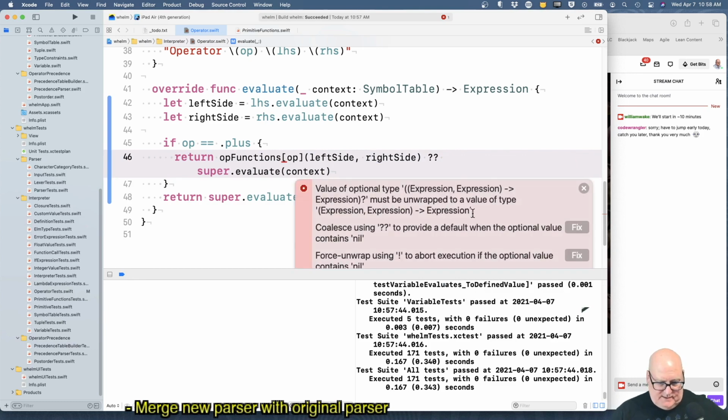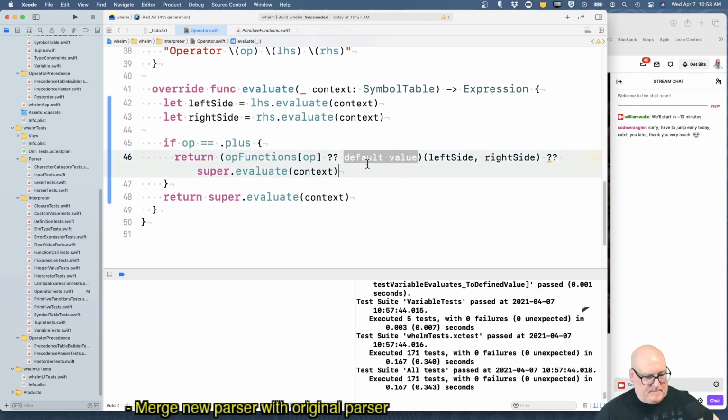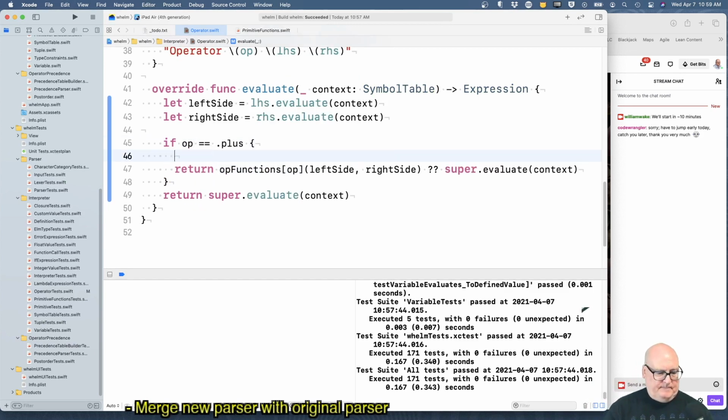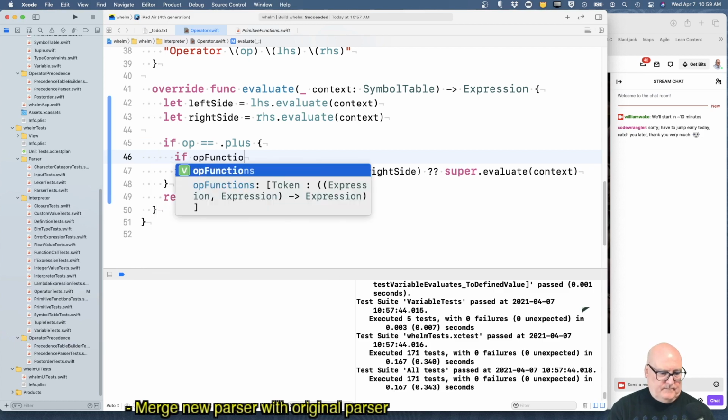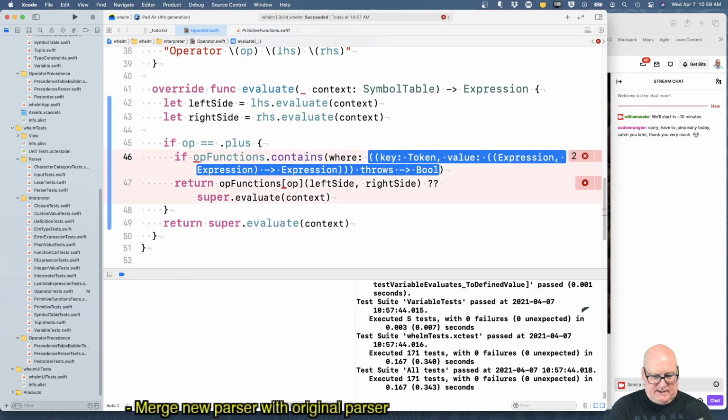Still not quite right. Must be expression goes to expression goes to expression optional. Coalesce using the optional value. If the function, okay, let's contains where, oh, these things kill me.